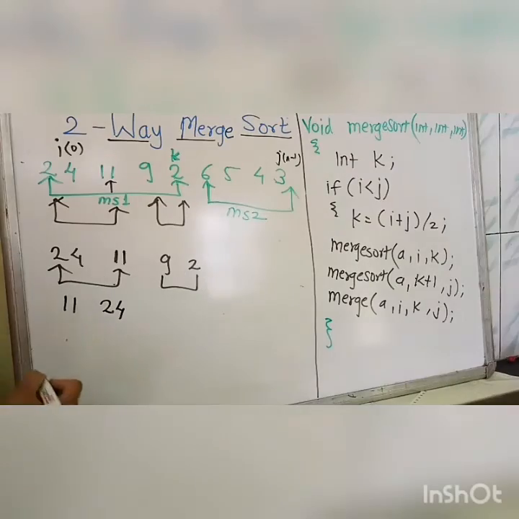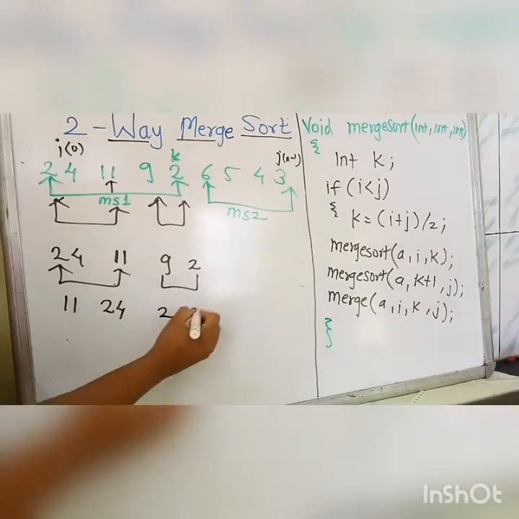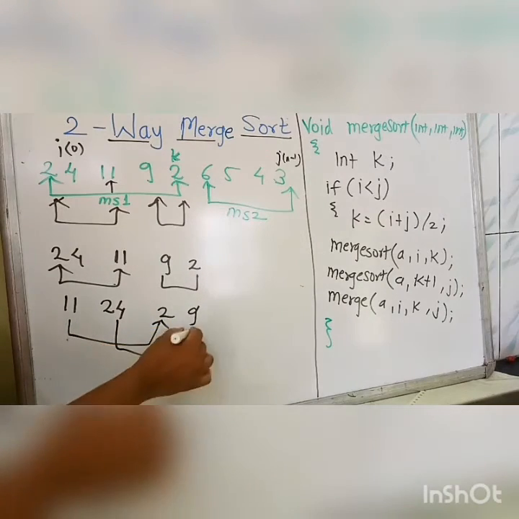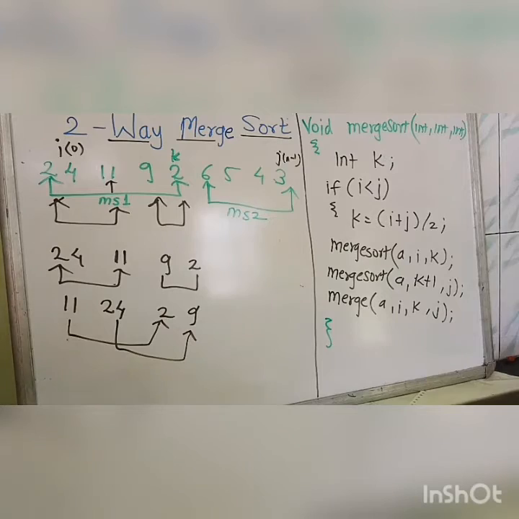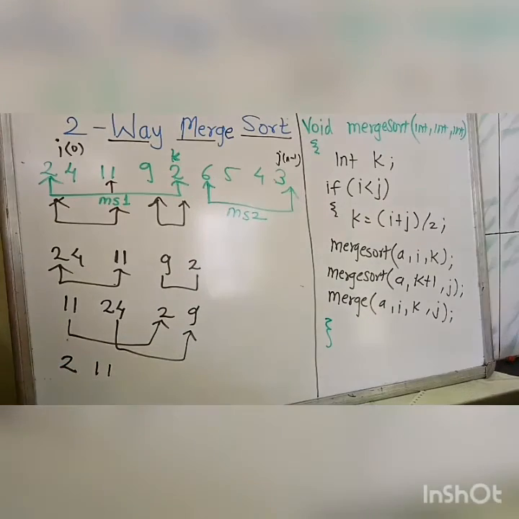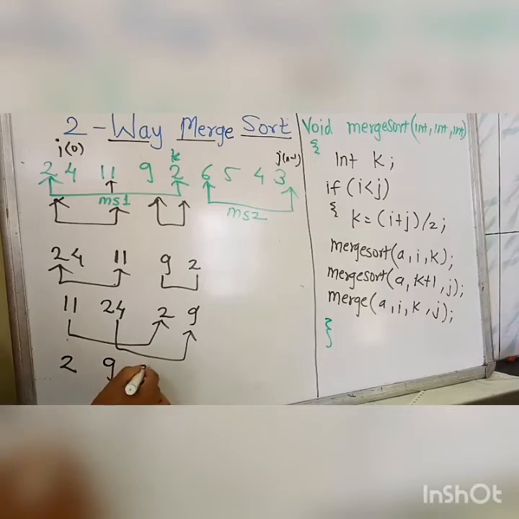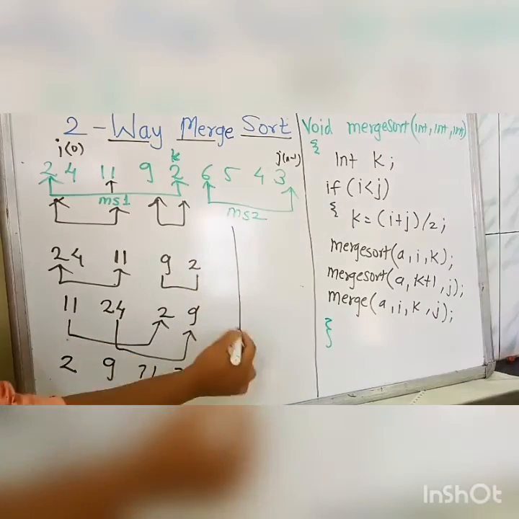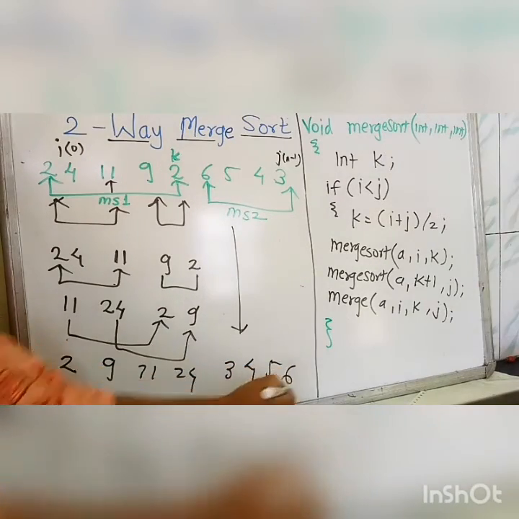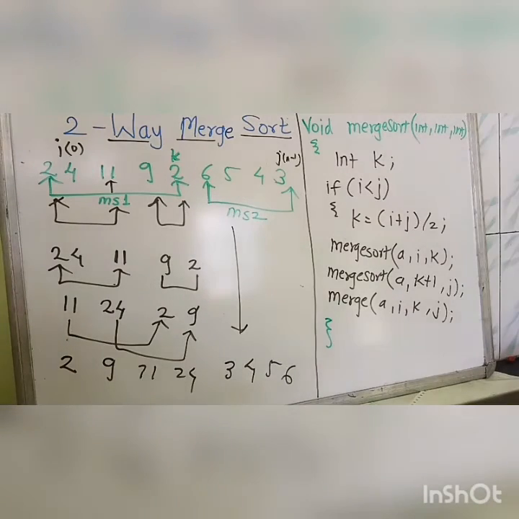Now it will apply the sorting procedure like 11, 24 to 9. Again combining, means while calling the merge function on these elements separately, it will sort like 2, 11, 2, 9, 11, 24, and again applying the same for this half, then it will take 3, 4, 5, 6. This is the divide technique we have applied. How will it perform the next operation?